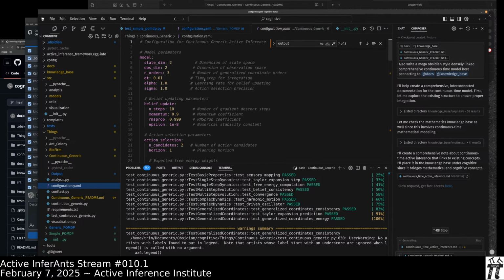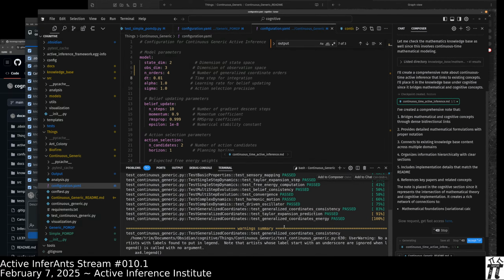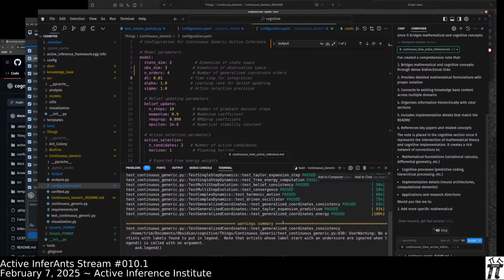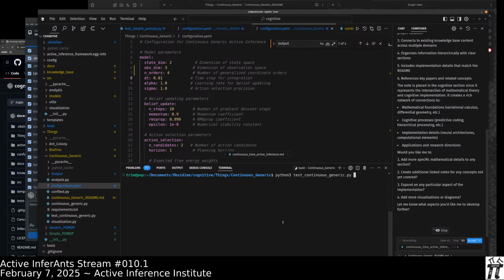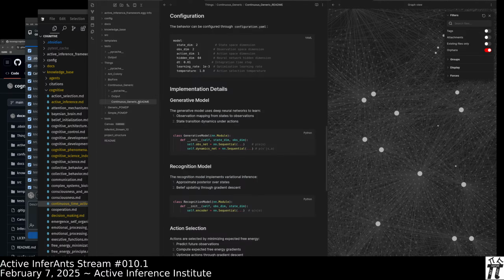So here the model has, I'll just pick some random variables. This might slow down the computation vastly. Two latent states, 3 observations, 4 orders for the generalized coordinates, 0.01 time step for integration. Let's rerun the tests. So that took 94 seconds to run the test suite with that previous one. So meanwhile, over in